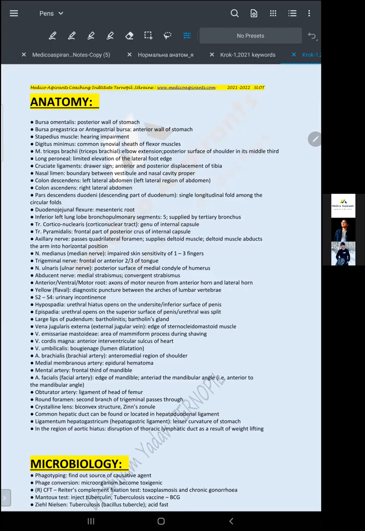So here, first just keep in mind that the anatomy section is supposed to be not that important because it contributes around 11%, right? So here in the keywords it is given like bursa omentalis, okay, and bursa pregastrica. What happened is that